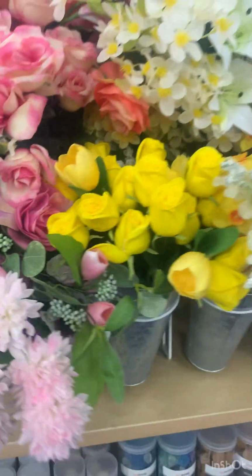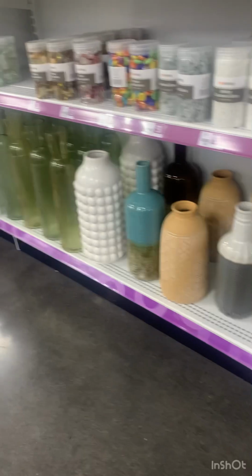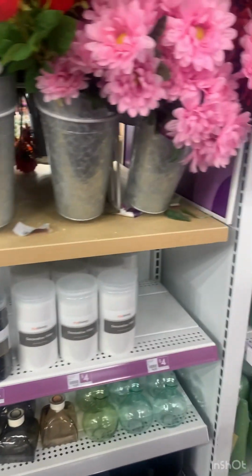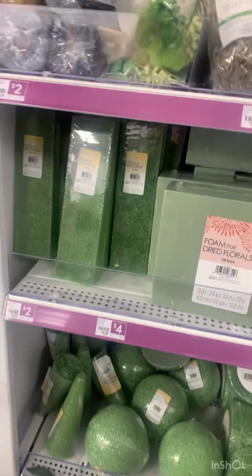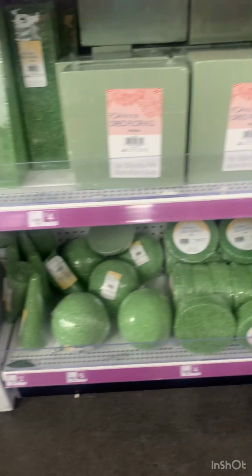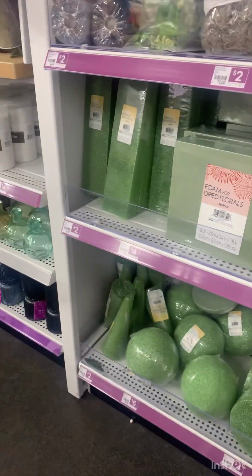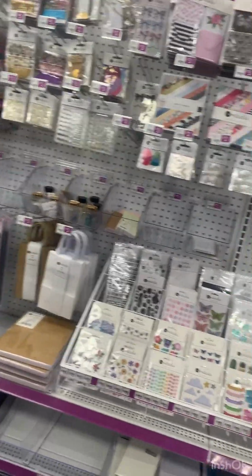And these flowers they're pretty good. They had some more vessels to stick your arrangements in, the different shapes. Oh, I forgot to look at those to see if they are cheaper. Those styrofoam balls, because I have some, but I'm not sure if they're big enough to make the ghost on top of the tomato cages. I'm going to try them and see, but I was at Hobby Lobby